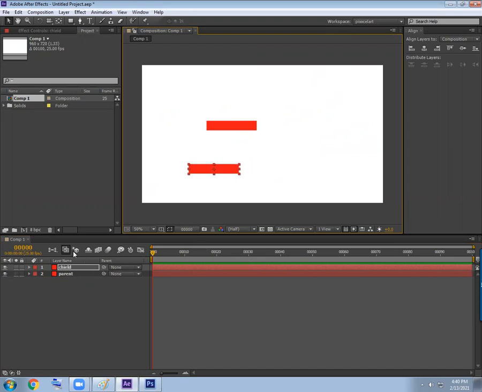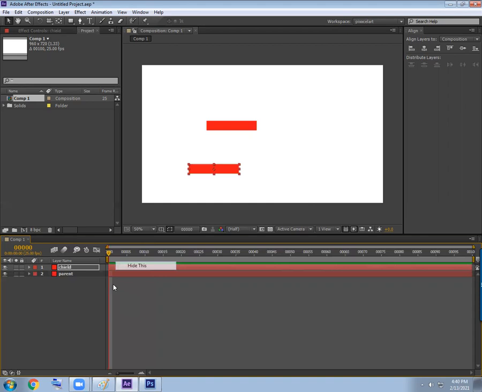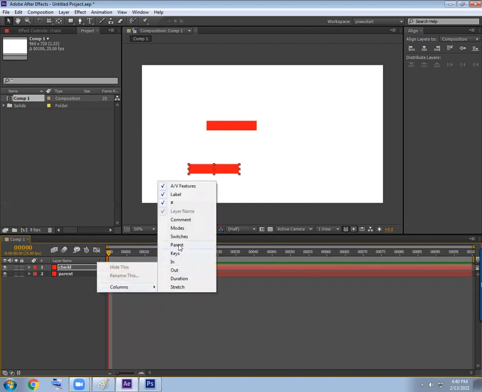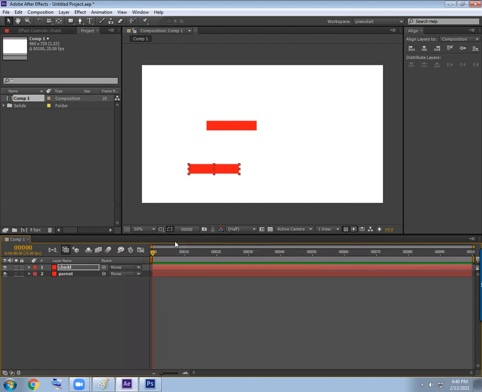Question over. Here inside the timeline, you can find a column called the parent column. Sometimes it is not visible. Give a right click, hide this. It will be like this. Then give a right click on the columns and switch on whichever columns you want, parent. Now you know where it will be visible, where it will not be visible. How to make it visible, how to hide this.